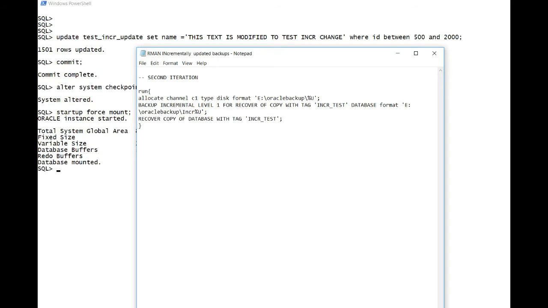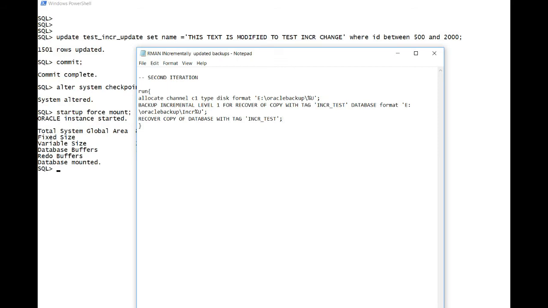Okay, so now when we run this command in the second iteration, just by changing the order here, first we will run the incremental level 1 backup, and then when we do the recover copy of database, whatever blocks have been changed in this table, especially test incremental update, whatever those 1501 rows that have been updated, those changes will be present in this backup set.